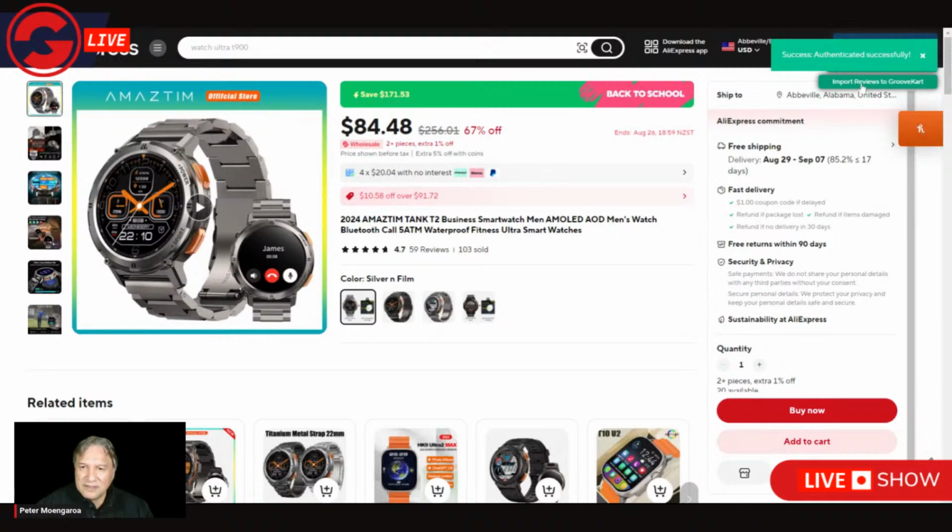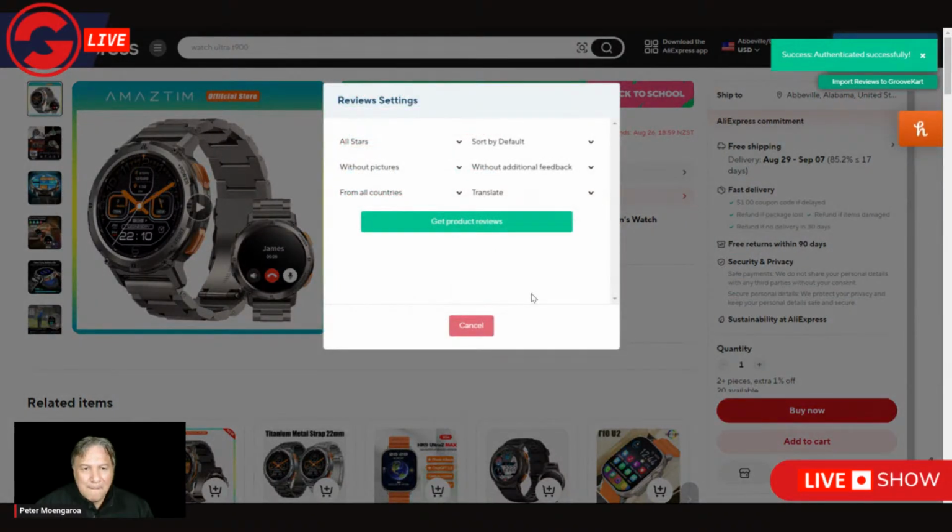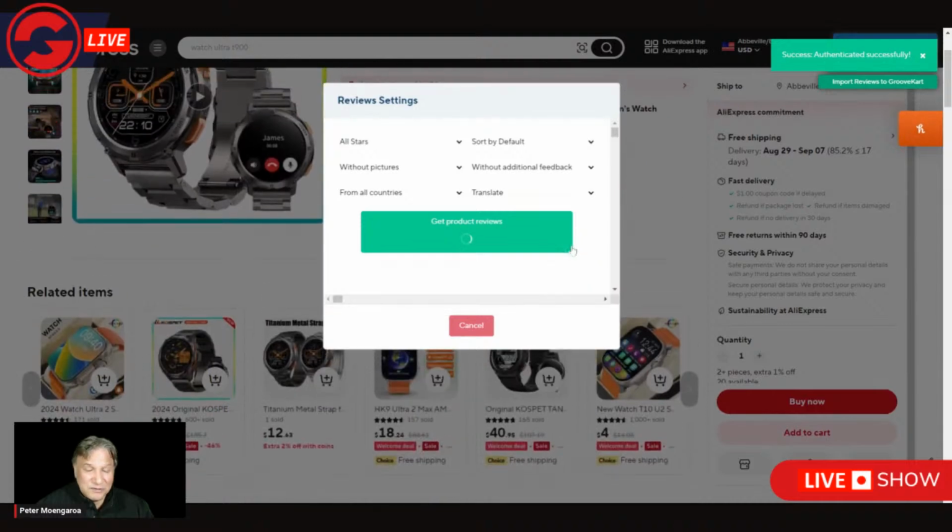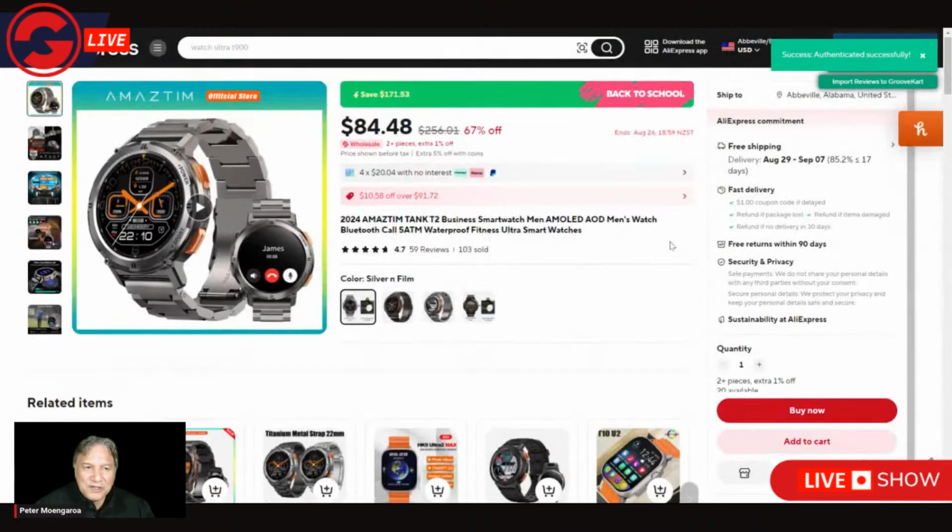Let's have a look at the import reviews. Get product reviews. I mean, if we are able to get the reviews, that's one thing, but there's nothing without the products, obviously, without the images and stuff. So that's not working for me properly. The last time I used it, it was working sweet, but it's not working properly for me now. There are other options. So one of the options is if you go to Google it